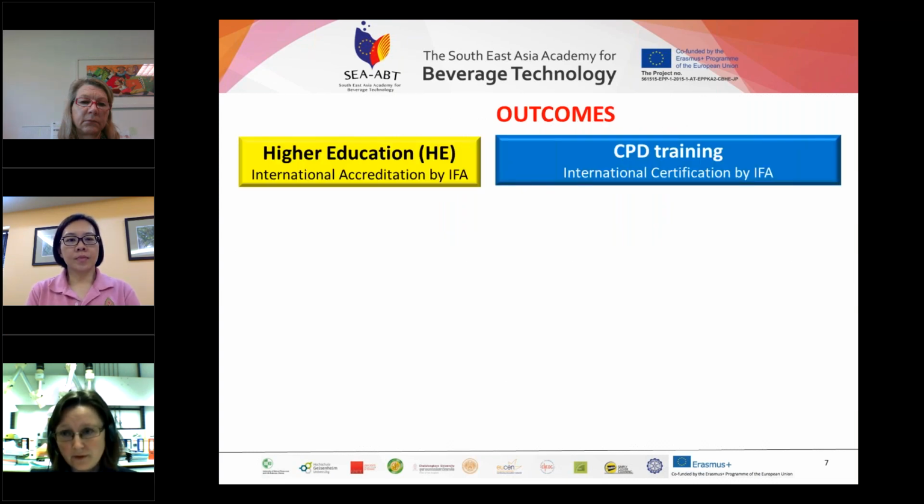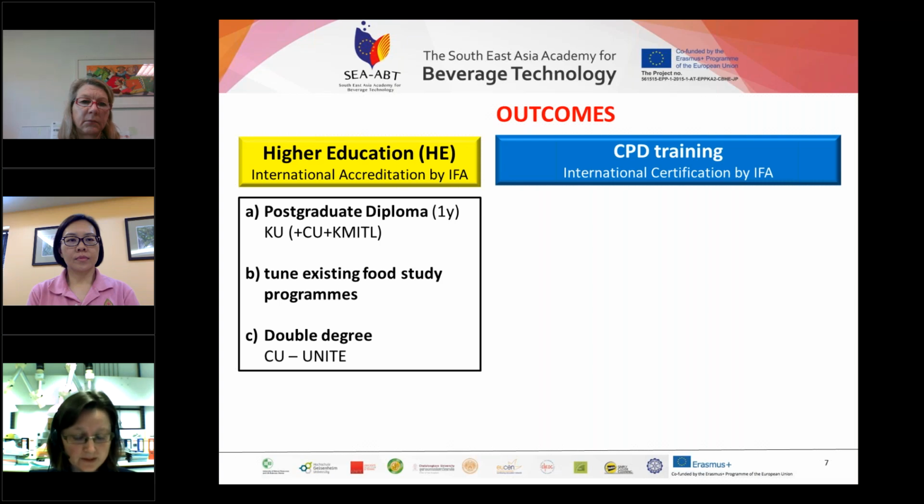The main outcomes of the project consist of 2 pillars. On the one side, the higher education pillar, where the main output is a 1-year graduate diploma in beverage technology at Kasetsart University, supported by teaching capacities of Chulalongkorn and King Mongkut University. Another outcome is the tuning of existing food study programs. And a final outcome is the establishment of a double degree, which is under negotiation between Chulalongkorn and the University of Teramo. The other pillar is the CPD training,